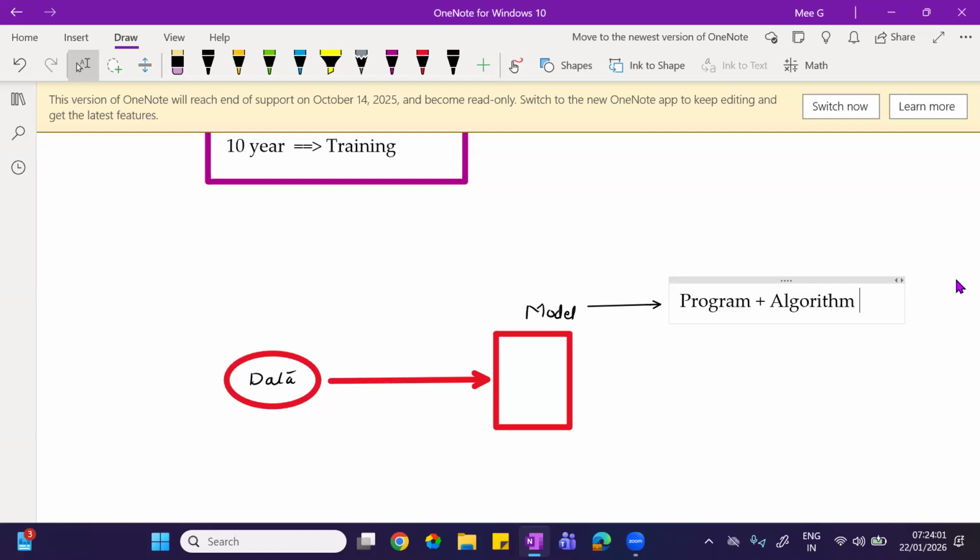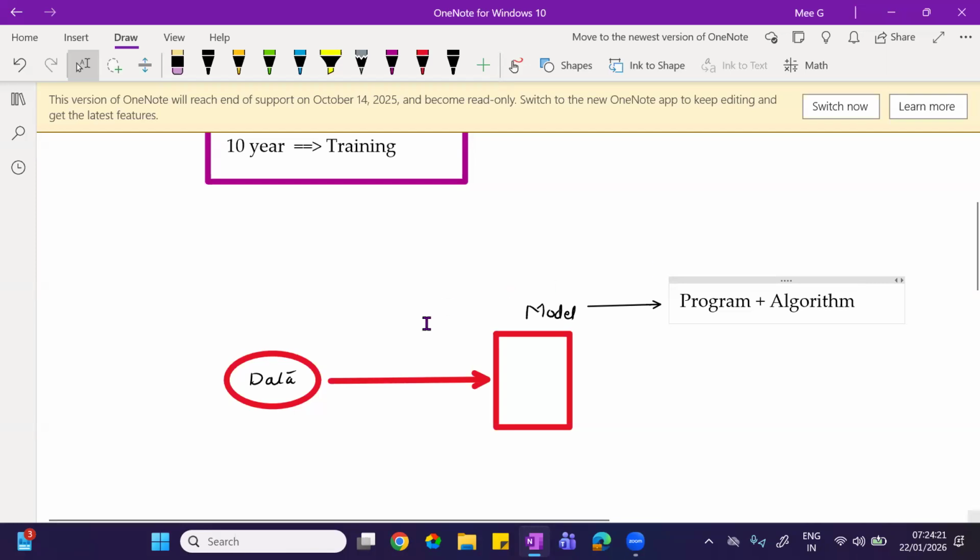It is a set of rules or set of steps which are executed one after the other to solve a particular problem. Okay, problem solving. This is called an algorithm.